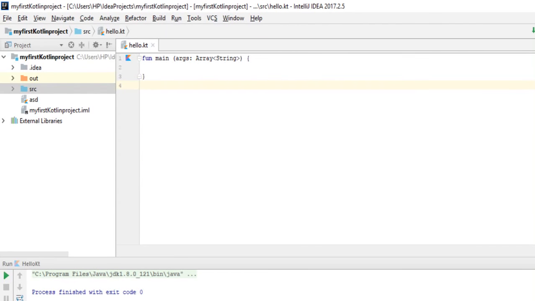Everyone, this is Aisha and welcome to our 66th Kotlin tutorial, and in this tutorial I'll be talking about the object declaration. So in the Kotlin programming language, object declaration is also called singleton, and a singleton is that type of class